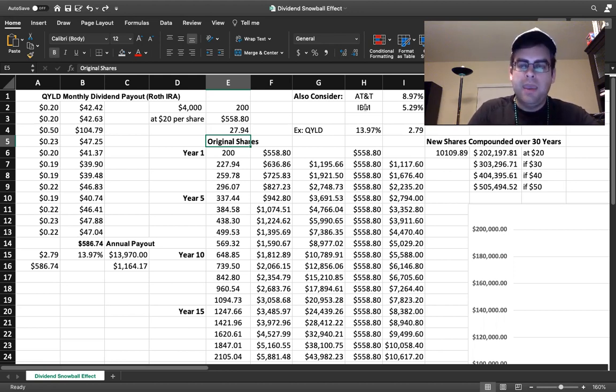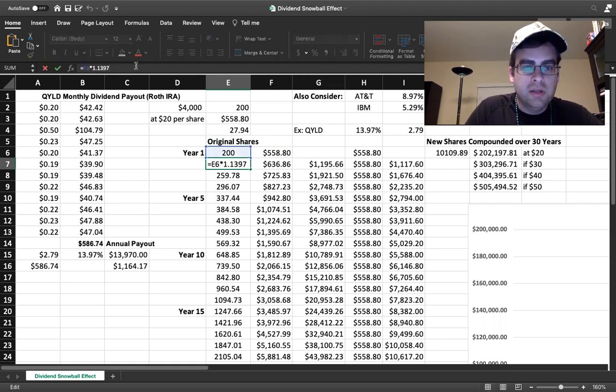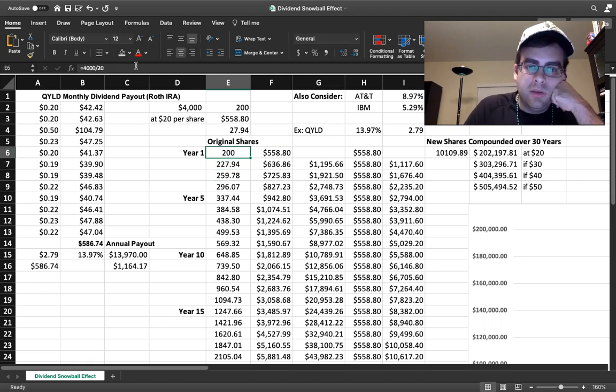But in this example, this is just purely putting the dividends back into the original fund, which will also work great for you over the long term. It's a great strategy. So take a 30-year horizon, starting out on QYLD, 200 original shares. And if you take the 14% dividend, for example, each year,